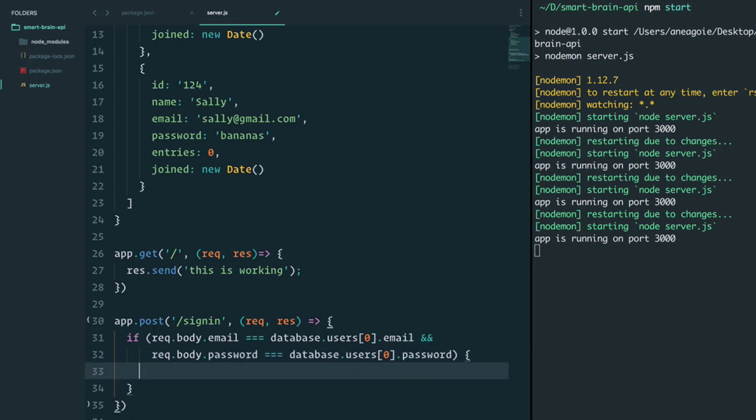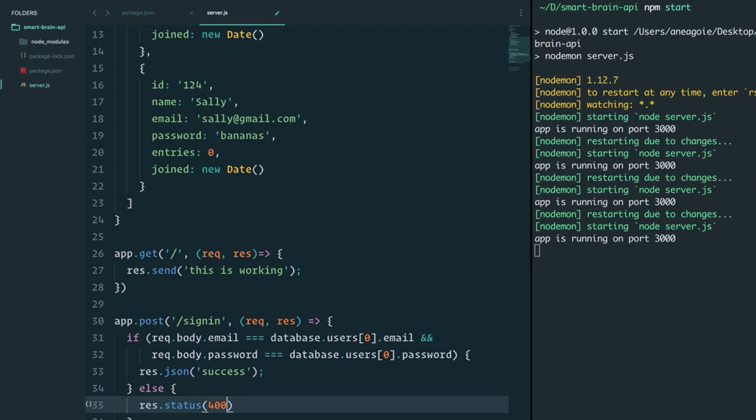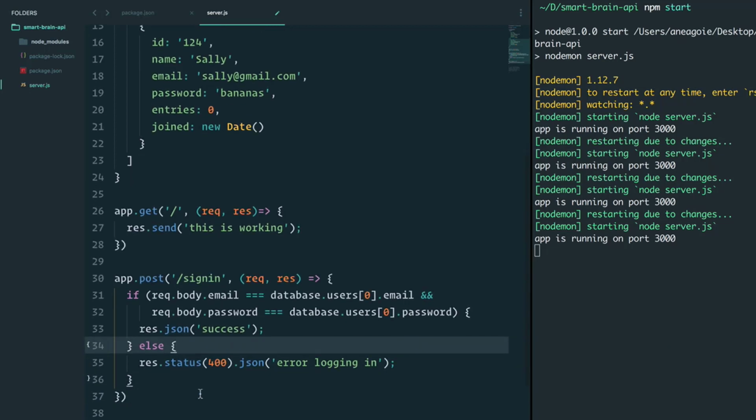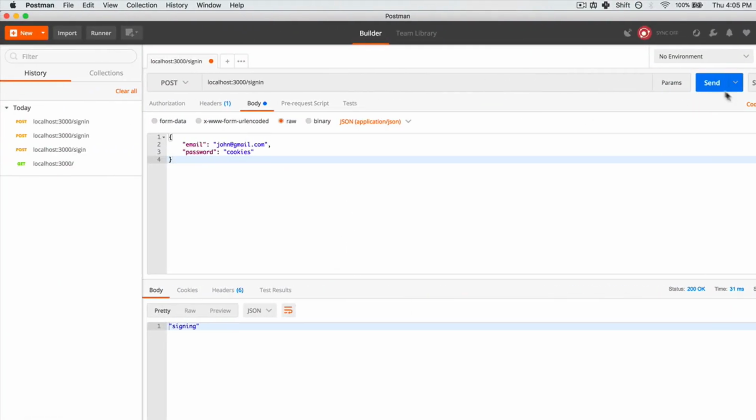If that works and that is true, then we'll respond with a JSON that says success. Otherwise, we'll respond with a response status 400, and we'll say error logging in. All right, let's give this a go. I'm going to save, come back here, sign in. Let's click send,